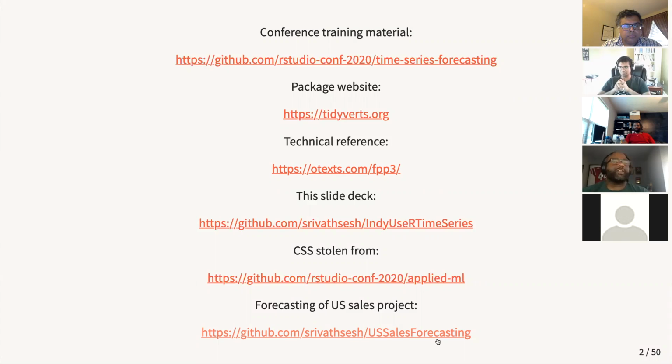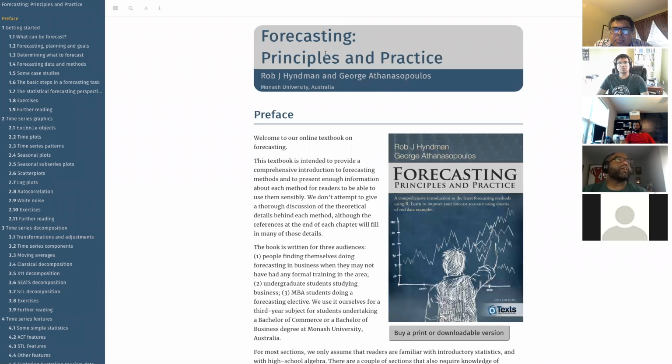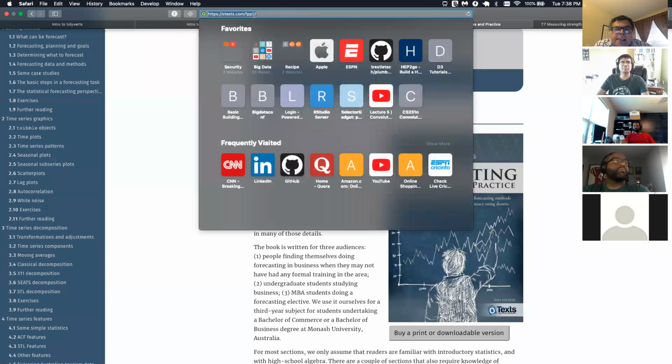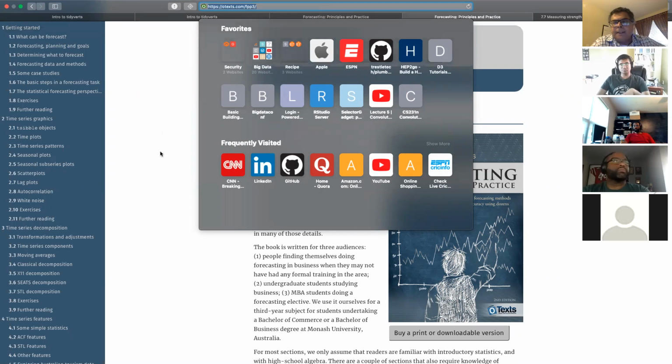I have a quick question. I joined in the car, so I couldn't see the screen early on, and I couldn't see the name of the book that you referenced. Can you share that again? Oh, that's it right there. Okay. Forecasting: Principles and Practice. It is a free book. I suggest you look up FPP3. There is FPP1, FPP2, and FPP3. I suggest that you look at FPP3. That has got the latest and greatest.